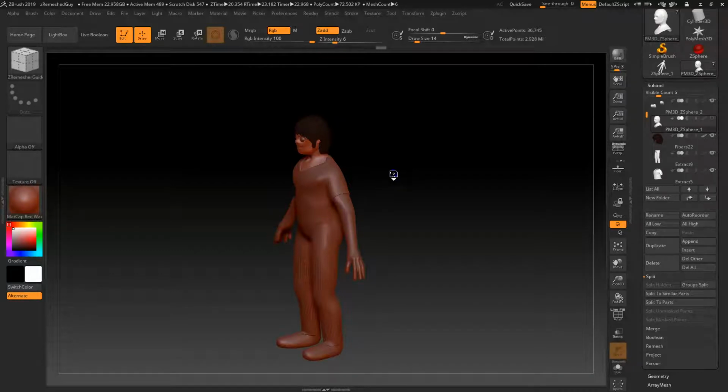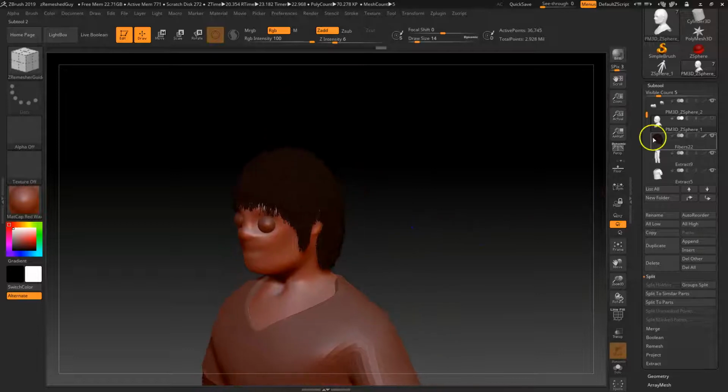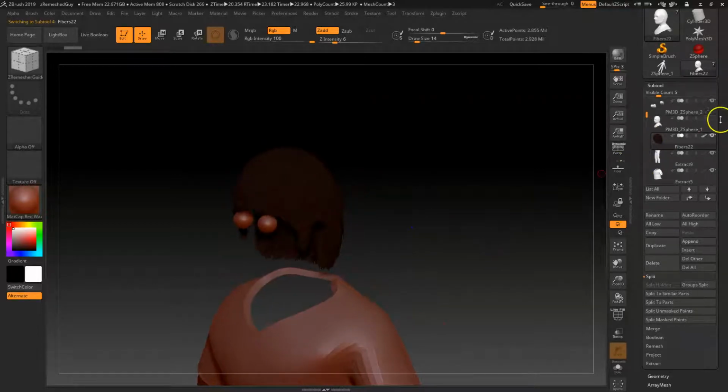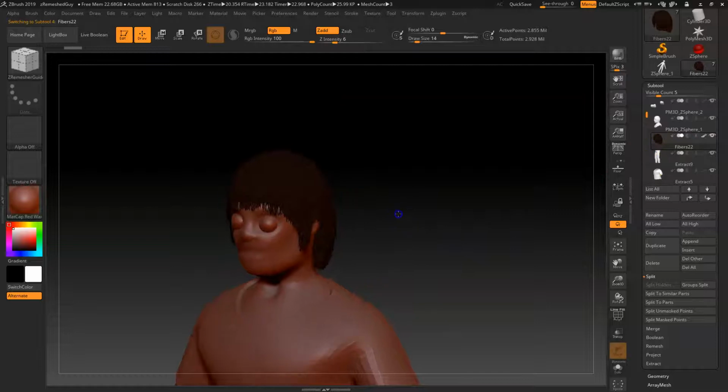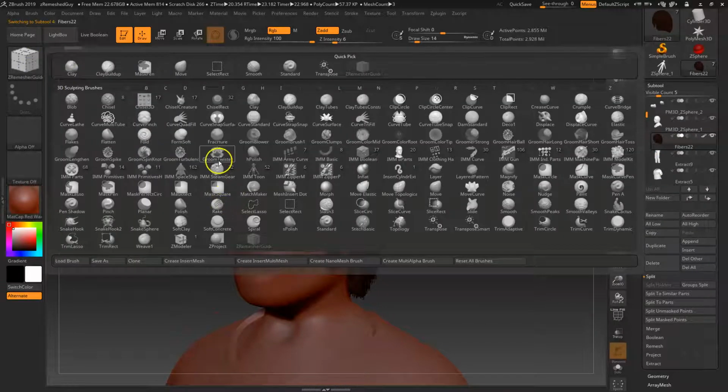Alright, so I wouldn't suggest this, I would do this last, but I'm just going to do it now to get it out of the way. Let's just go ahead and do the hair. Let's make sure we have the head on too so we can see it. Okay, so to sculpt the hair, we go over here, and you'll see there's a bunch of different